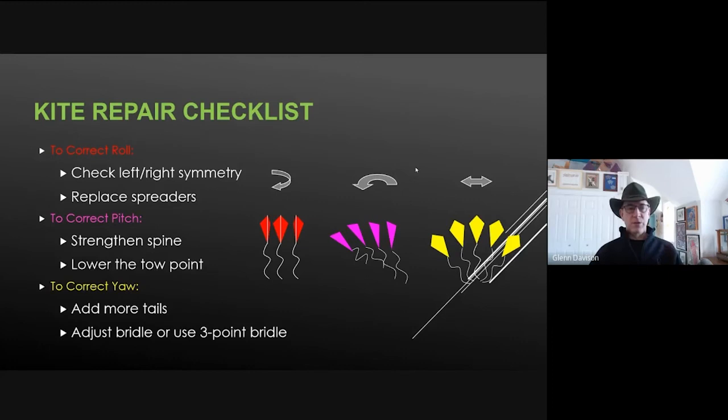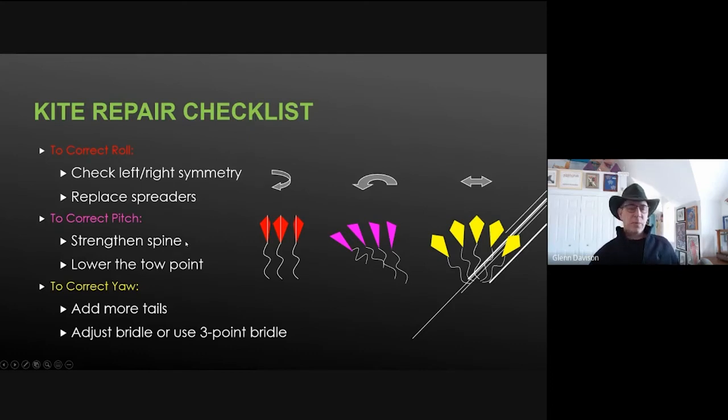If the kite is doing the red thing, which is roll, airplanes and kites behave the same way. It's roll, which is this way; pitch, which is like the kite rising or falling, or an airplane taking off, for example; and the third one, yaw, is the swimming that you see in flight. That's roll, pitch, and yaw. To correct roll, you often have an asymmetric left and right side. That's when you especially want to look at the spreaders and the size of the sail. For pitch, which is this red or pink illustration here,